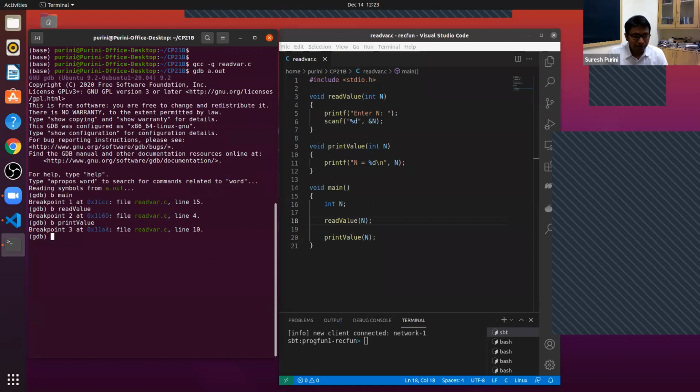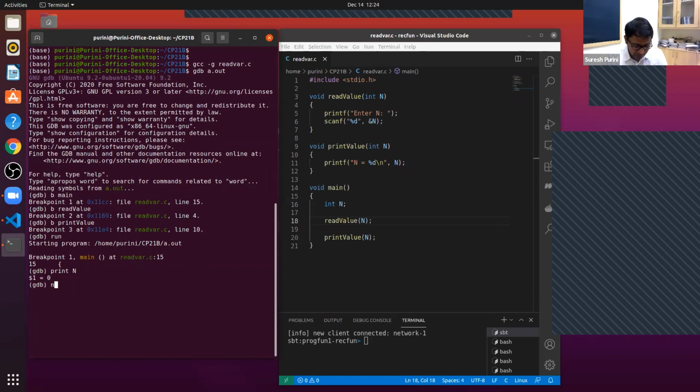I put breakpoints at the beginning of the function main, the function print value, and the function read value, and I am now running the program. So now we are in main, somewhere on line 16 or 17, and if I print n, I get n as 0.